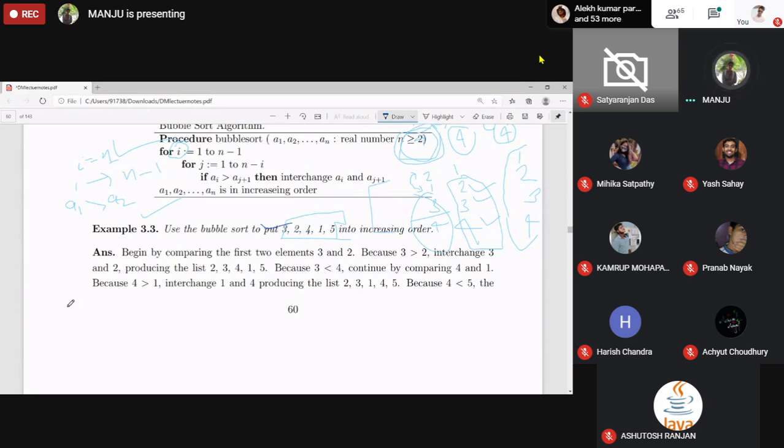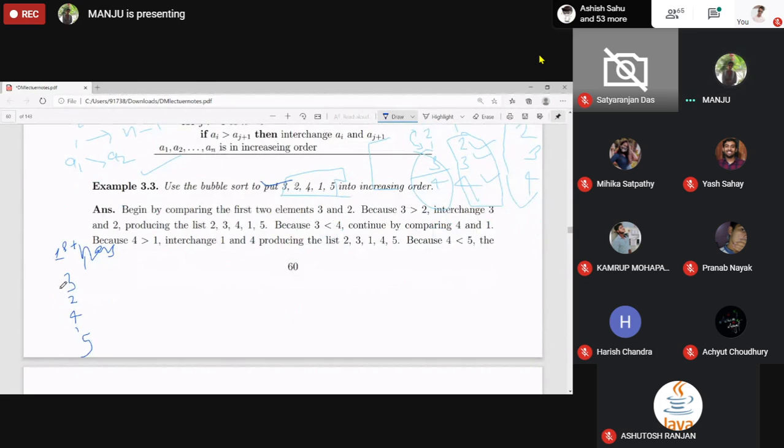So come to this list. For the first pass, I is equal to 1, you have 3, 2, 4, 1, 5. Compare for J is equal to 1. Compare these two. Will they interchange or not? Yes, ma'am, they will interchange. So I am using this sign for comparing, and if they interchange, I am using the double arrow.